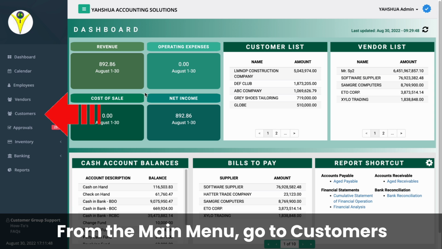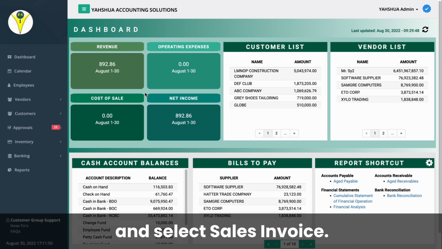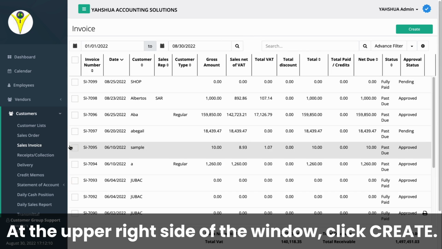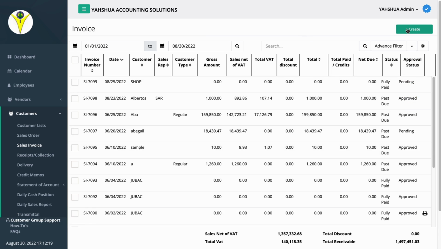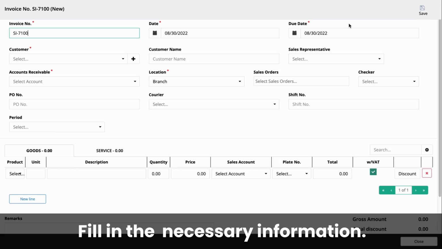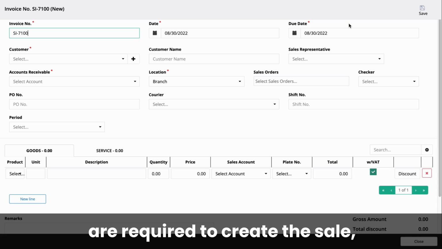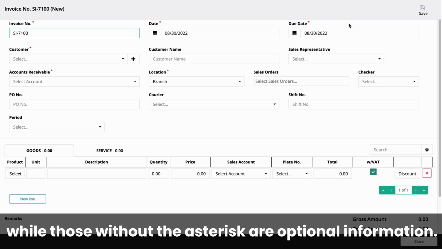From the main menu, go to Customers and select Sales Invoice. At the upper right side of the window, click Create. Fill in the necessary information. Please note that all fields with an asterisk are required to create the sale, while those without the asterisk are